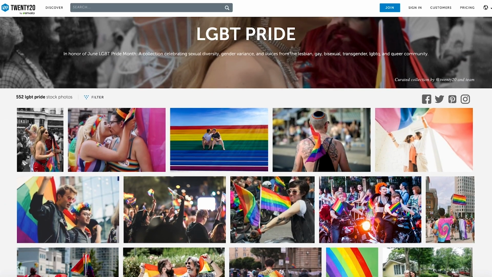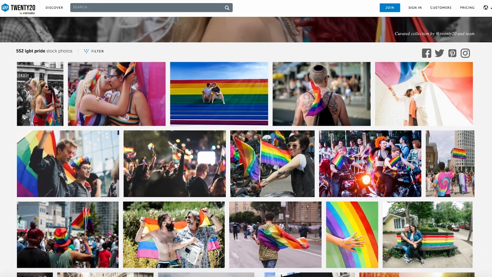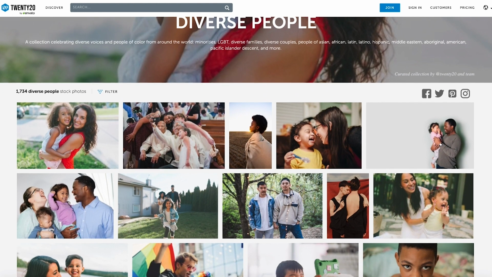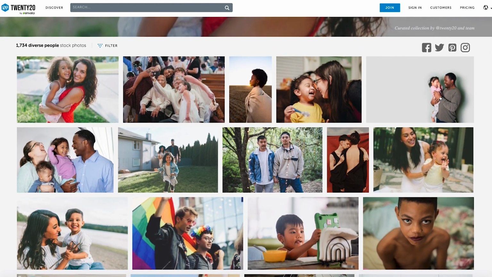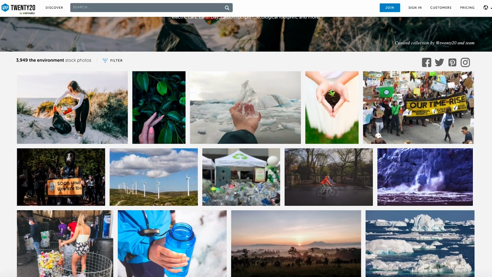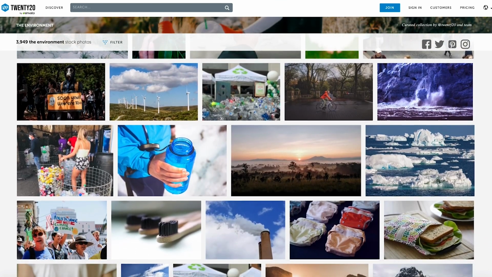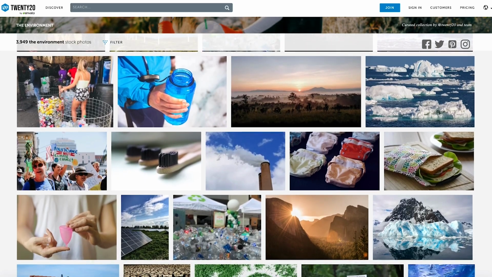March on over to the LGBTQI+ Pride collection to see why love is love. Take a look at the Diversity collection for images that accurately represent our population. And finally, dive into the Environment collection for images that support sustainability and environmentalism. All 2020 collections are available with a subscription to Envato Elements.